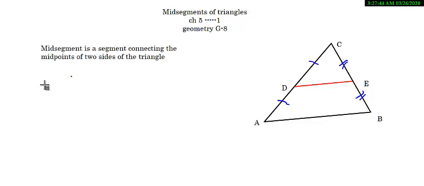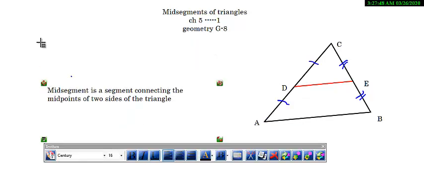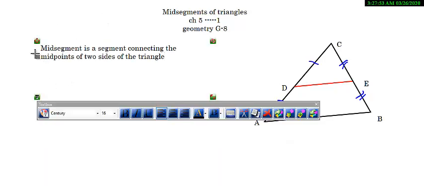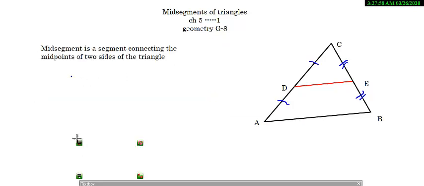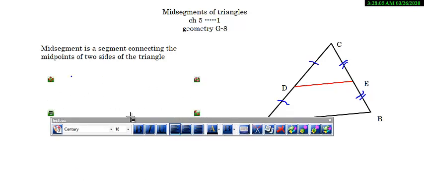So I'm going to write down here the midsegment theorem, which is 5.1, the midsegment theorem